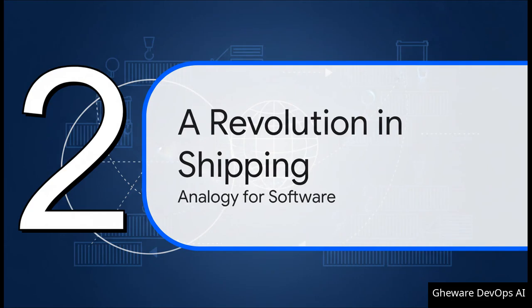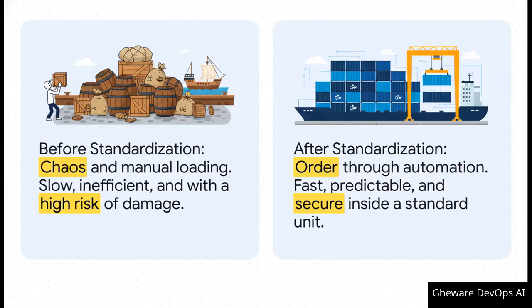Now, to really get how Docker fixes this, we're actually going to take a little detour away from software completely. We're going to look at the world of physical cargo, because the solution to our digital problem was inspired by a massive revolution in global trade that happened decades ago. You see, before the 1960s, loading a cargo ship was absolute chaos. You had all these goods in different shapes and sizes: sacks of coffee, barrels of wine, heavy machinery, all being loaded one by hand. It was incredibly slow, it was super expensive, and stuff got broken all the time.